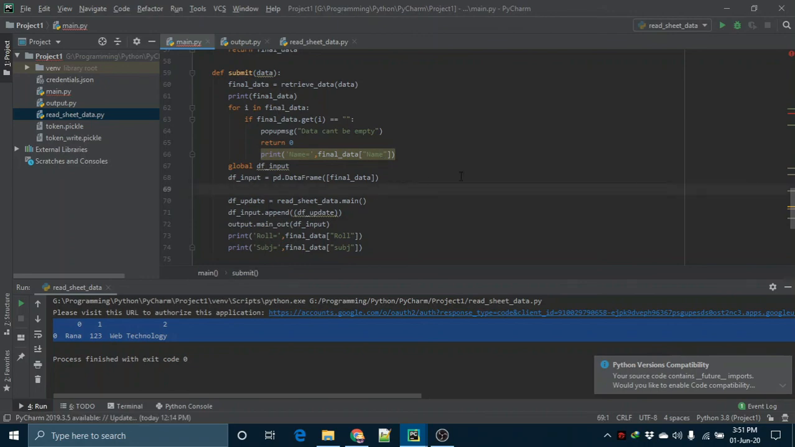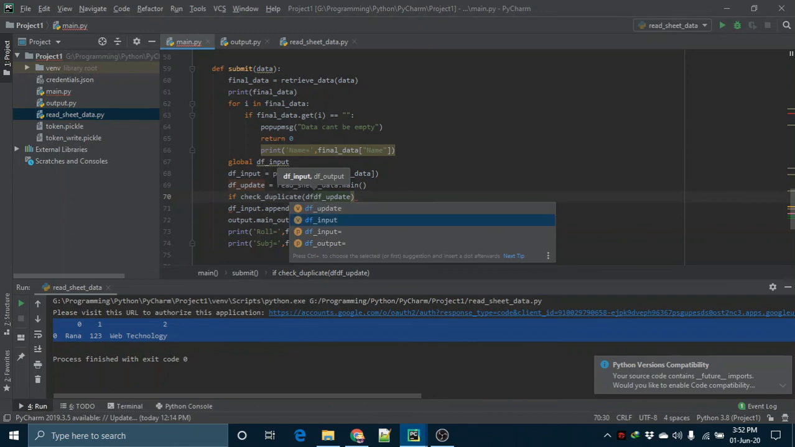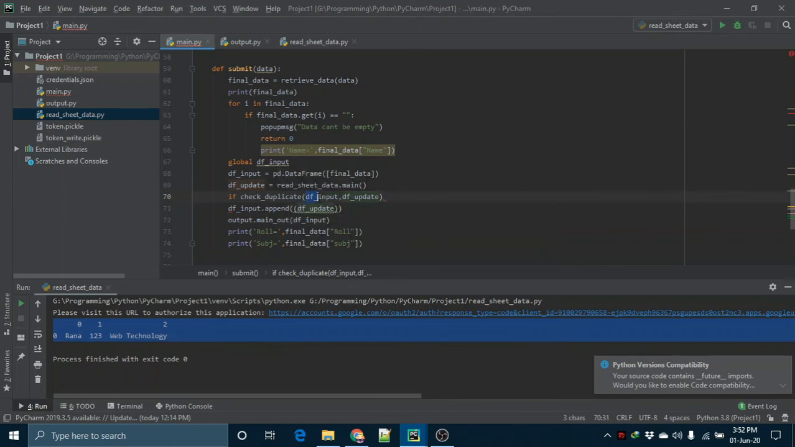Here we have the data input there. Okay, we will check the duplicacy after reading the data from the Google Sheet. So here we will create a check duplicate, and we will pass df input and df update. We are inputting the data and what we have already. We'll check both whether it has it or not, and if we find the duplicate data, then we will pop up the message as data already inserted,